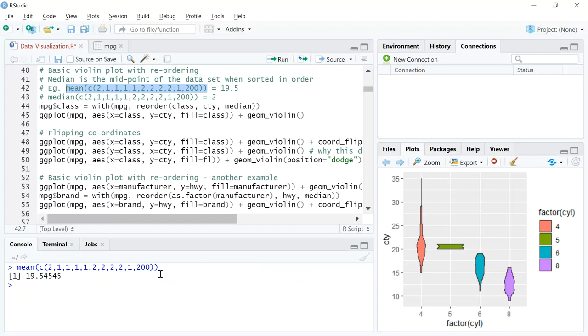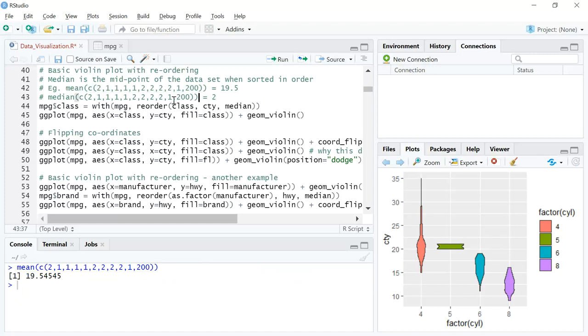Now let's assume that these are kids with a number of toys, right? So you have 10 kids and each of them has some number of toys. Most of the kids have one or two, but there is a super rich kid in the group who's got 200 toys. If we pass this information on to a third person who asks what the average number of toys this group of kids has, and we say it is 19.5, it's very misleading, because 9 out of 10 kids have either one or two toys. It's just that one super kid with 200 toys that's skewing the average, right?